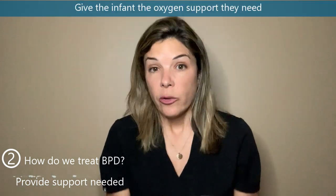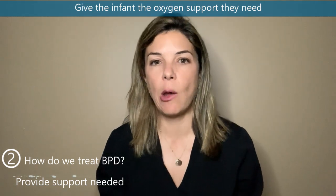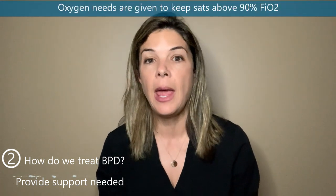So I'm briefly going to go over the different treatments that we use and what sort of evidence we have for them, which in a nutshell, is not a lot of evidence. So the first big part of treatment is obviously giving the baby the oxygen support that they need. You don't want them to become acidotic because they lack the oxygen. So most of the time you're giving them the support, whether it's the nasal cannula or the CPAP or the ventilator, as well as the